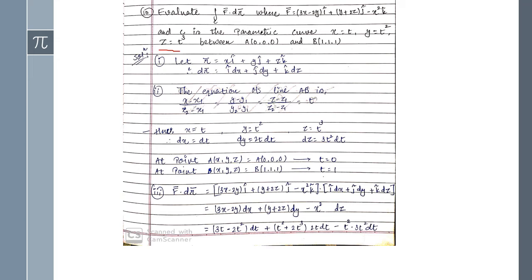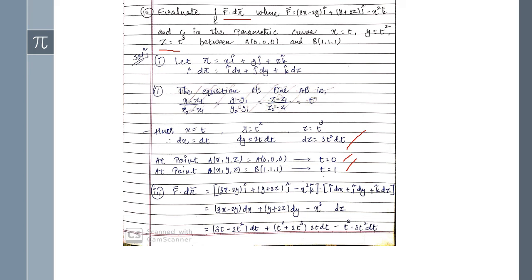Okay, now x, y, z is given, so you can find its derivative also, so that you can substitute into the function f dot dr. So I'm just writing this first one and putting both the points one by one, that is 0, 0, 0, and after that 1 for x, 1 for y and 1 for z. Okay, so you can get the values 0 and 1. Now you can find f dot dr, do the multiplication of these both,